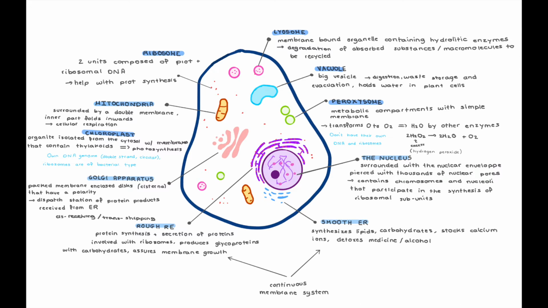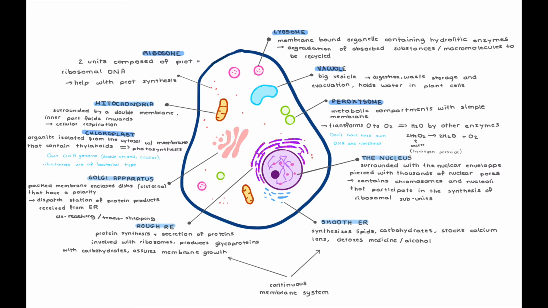We want to keep their electrons where they are for the most part, so it's going to transform oxygen to dioxygen, and with that we can form water with the use of other enzymes. So I've put in the reaction for you there. It usually transforms hydrogen peroxide into two molecules of H2O and dioxygen. Hydrogen peroxide is the reason it's called the peroxisome. Unlike the mitochondria and the chloroplast, as we're going to see later, it does not have its own DNA or